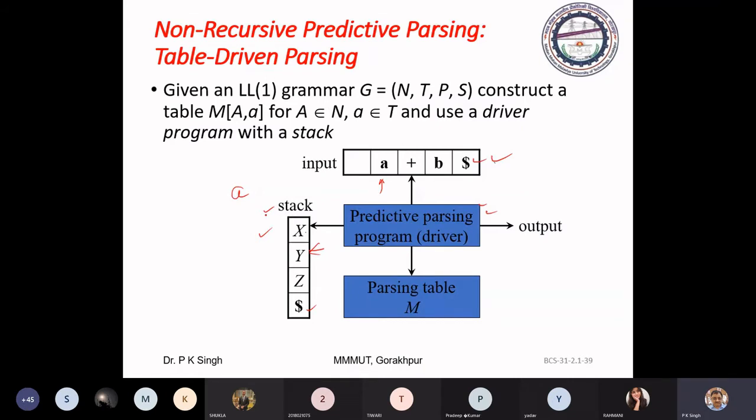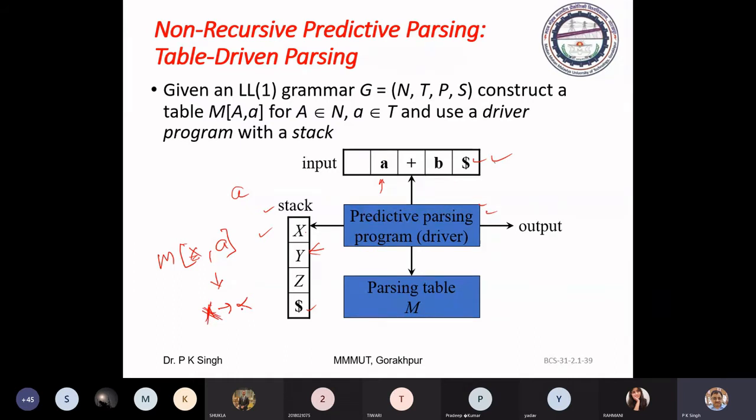But if X is a non-terminal on top, in that case it will consult this table M for X and current input symbol A. There you must have an entry X to alpha. X is a non-terminal, X to alpha. So what do we have to do?